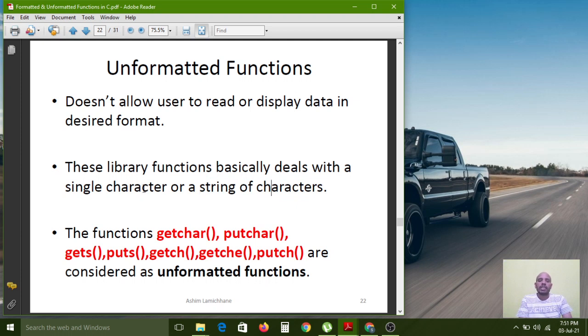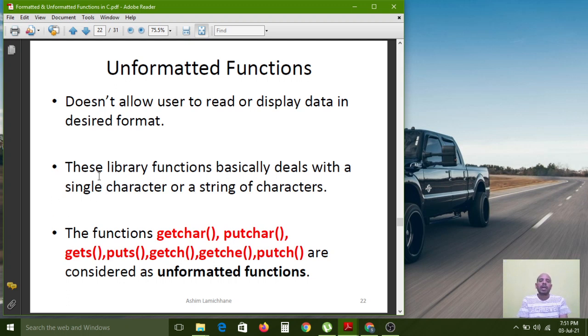Character functions deal only with a single character. A string is a group of characters, a complete name. For example, Pavan: how many characters does Pavan contain? Five characters. So that is called a string because it contains multiple characters. Our topic is not strings of characters, so here we will understand only the unformatted functions.